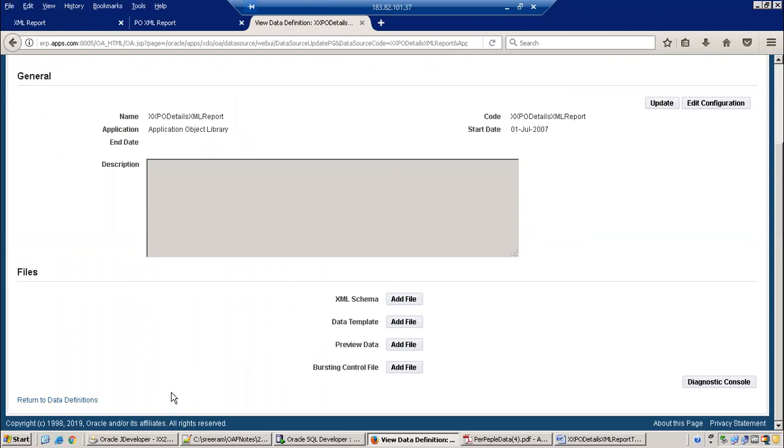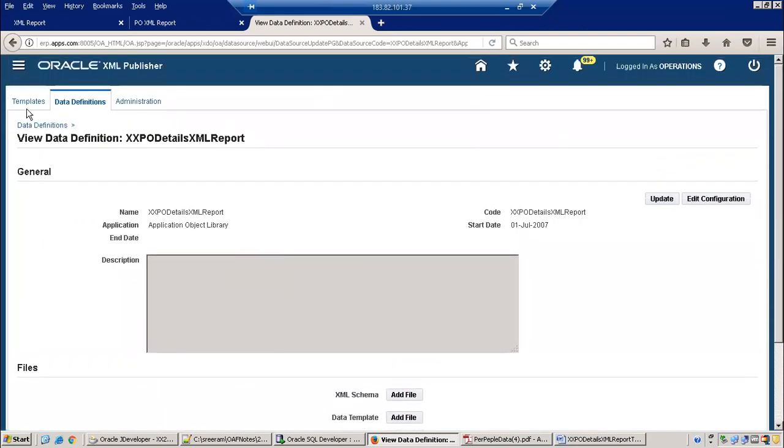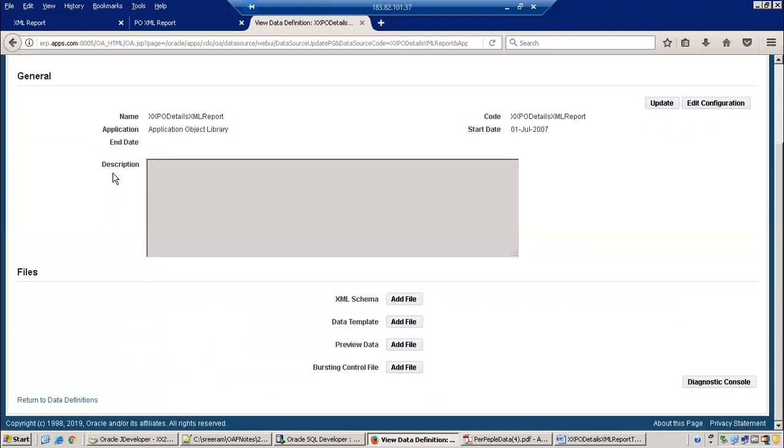Okay. That is only for the purpose of designing a template. That does not have any query. Yeah, if you're having a query generally, then you require a data template to be assigned. If you're having a query, then you can assign a data template. But in our case, it is not a query, it's data. Then you can assign it to preview data for the preview purpose. Okay. So now we have simply designed our data definition and template.